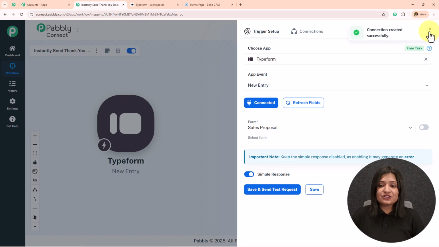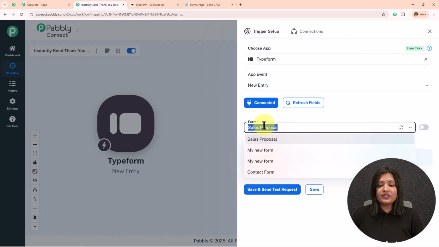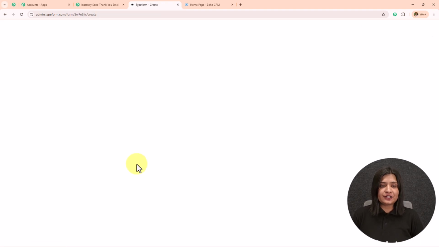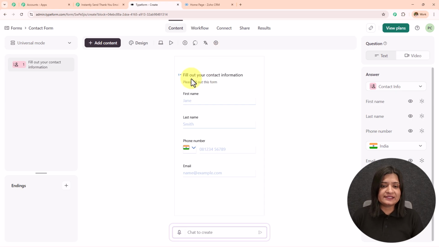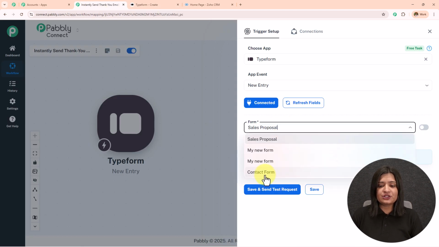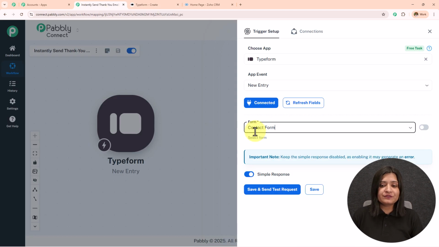So now I need to enter the form. So over here in this drop down, you can see all the forms which I have. If I open my Typeform account, these are the forms which I've created. I will be using this contact form. So if I open this is the form, and these are the fields here: name, phone number, and the email address. So I'm going to select the same form from this drop down, contact form,